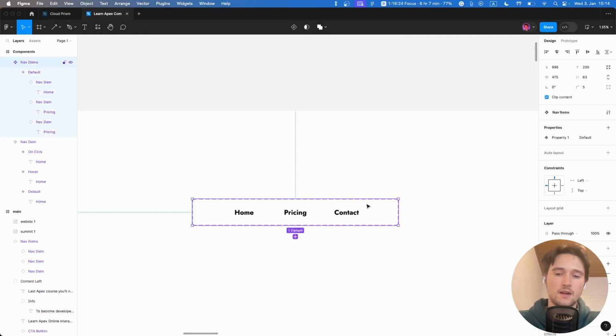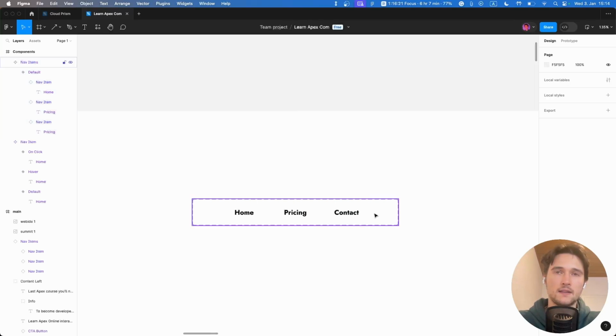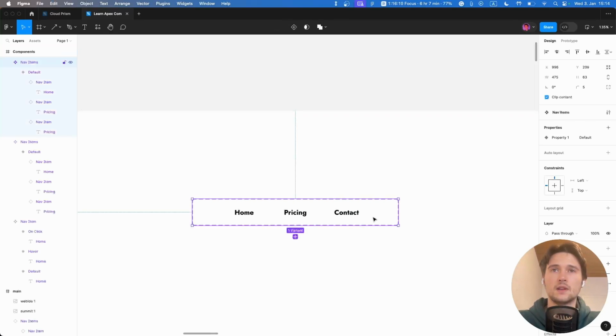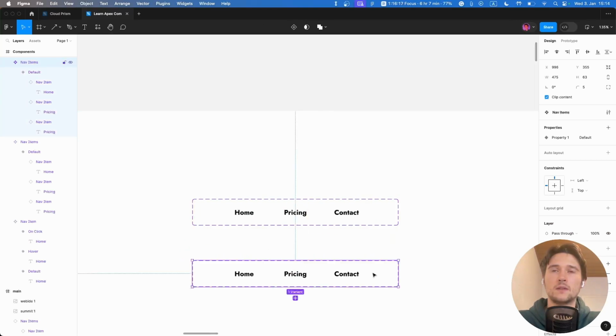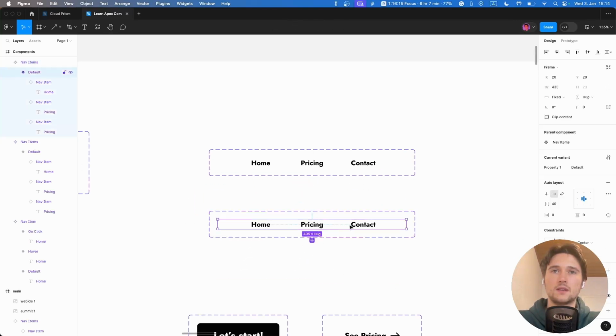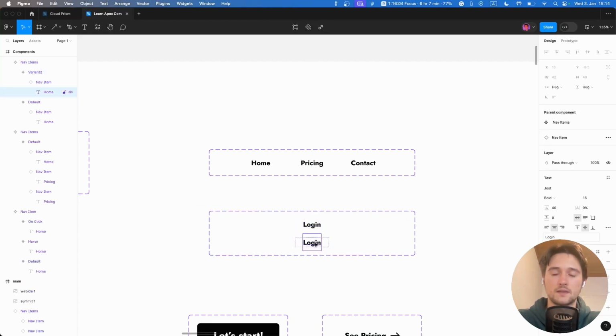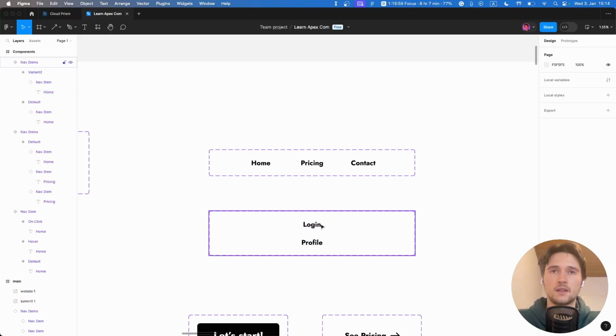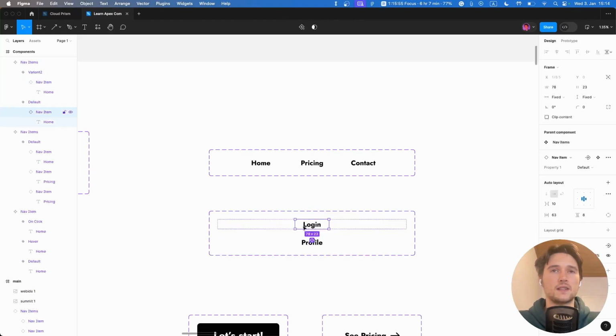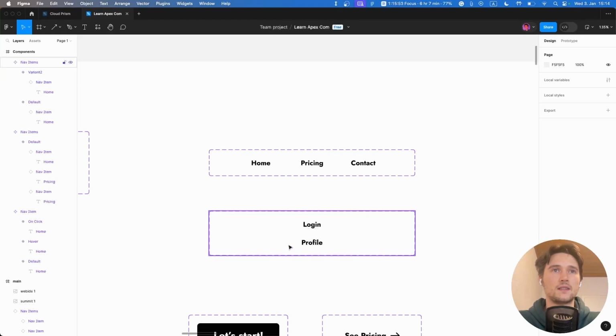Now what I actually want to do is create another one, and it would have only one of them. It would be called profile or login, and then I would have another one, and that would mean profile. And I would like to have an icon here. I don't know how to do that exactly. I'm sure